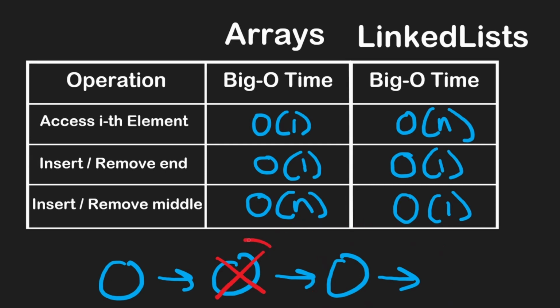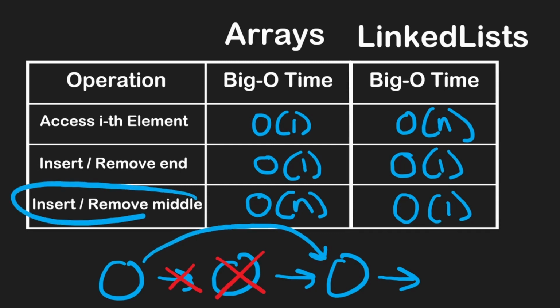All we have to do to remove an element like this one is take the pointer. It's currently pointing at that, but now we want it to point at the next one. That's all we have to do to remove from the middle. Inserting works very similar to that. So yes, it's efficient to do that with linked lists, but the caveat, and it's a really big one, for